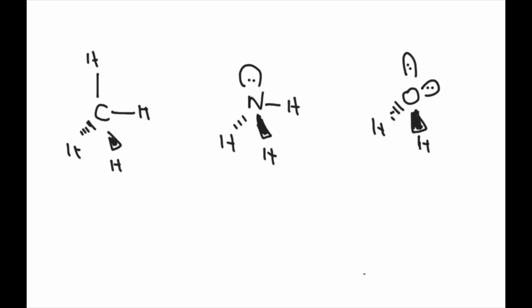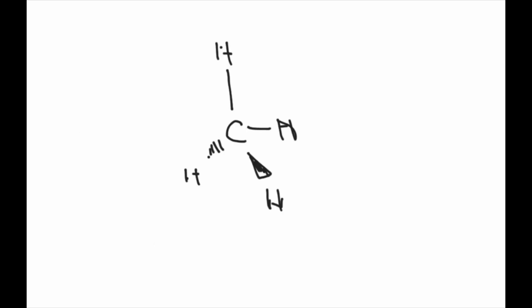So we're going to start with the methane molecule first, the CH4. If we look at the periodic table, the carbon is more electronegative than the hydrogen, so there's a very slight dipole, but the dipole is headed towards the carbon. The one from this hydrogen is headed towards the carbon, this one is headed towards the carbon, and this one is headed towards the carbon. So all the dipoles are facing in. And overall, these dipoles cancel each other out. So overall, this molecule would be considered